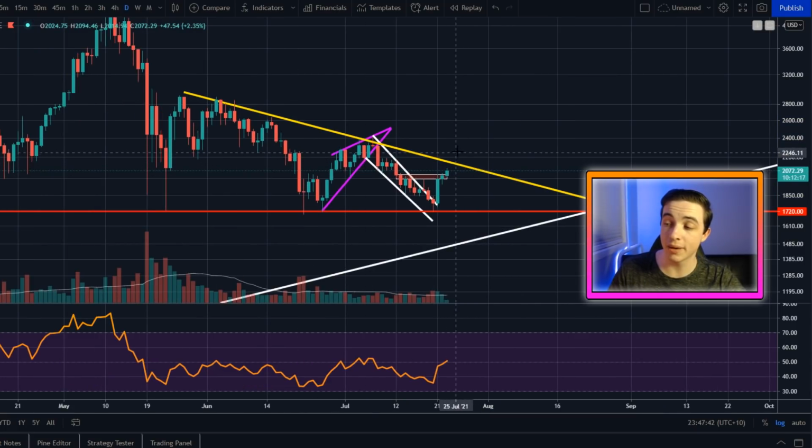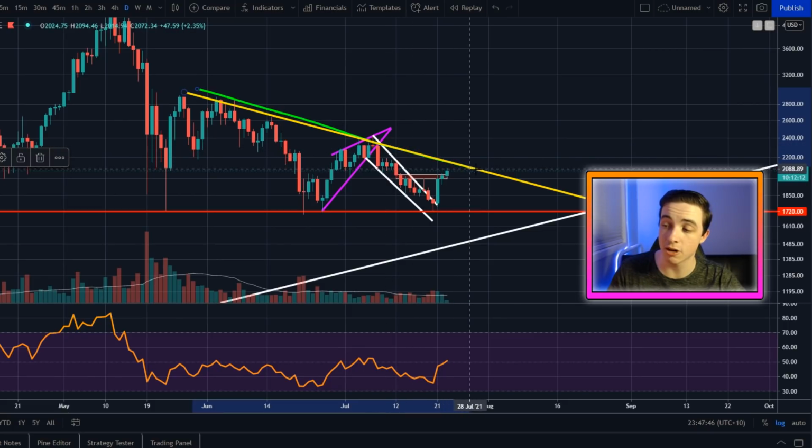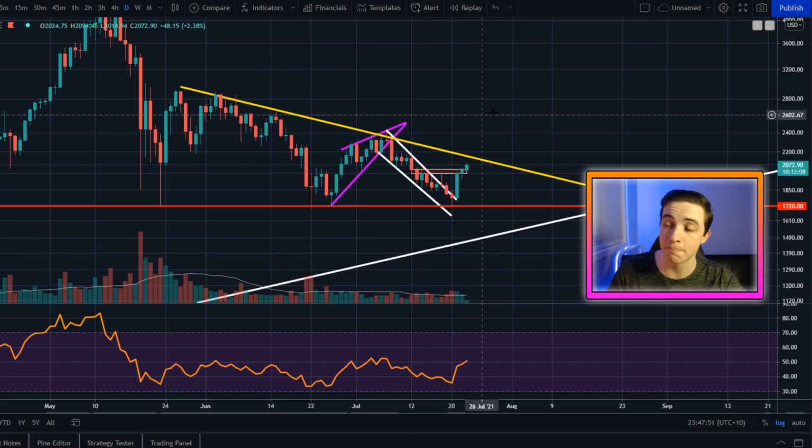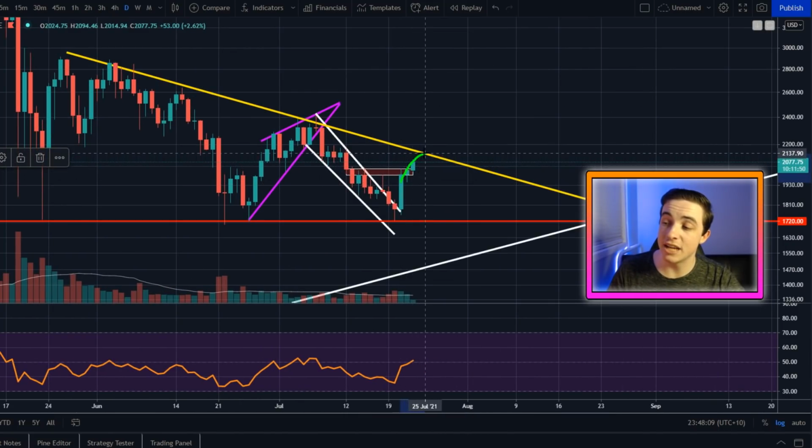Until we actually see a break above those sort of levels, we are still forming lower highs on the Ethereum to US dollar chart on the daily time frame. As you can see just here, we have not actually confirmed a major new uptrend. And of course, if we get a major rejection along that level just there, along that yellow line, once again,